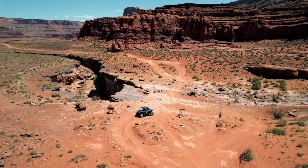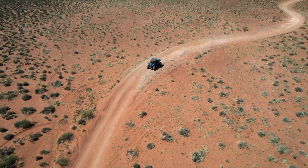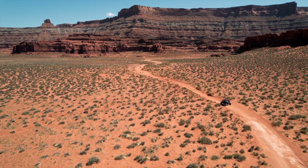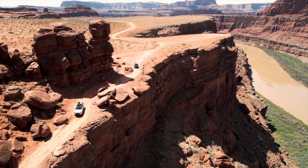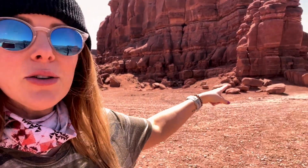So I think the rest of Chicken Corners actually keeps going. I mean, it's pretty far. We do need to head back in about an hour or so, because we do have to be back by 5. But there's supposed to be some really cool caves up here. So if they're not far, we may try to hit those up. At the very end of Chicken Corners is this narrow section, which we might be able to